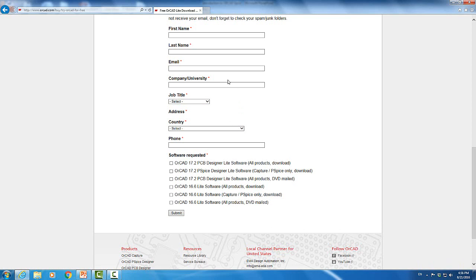So fill in this form and submit, and you should receive an email shortly and then you can download your Lite version via email, and you should be able to install and run the ORCAD Lite version very easily. As soon as you do that and you install the software,